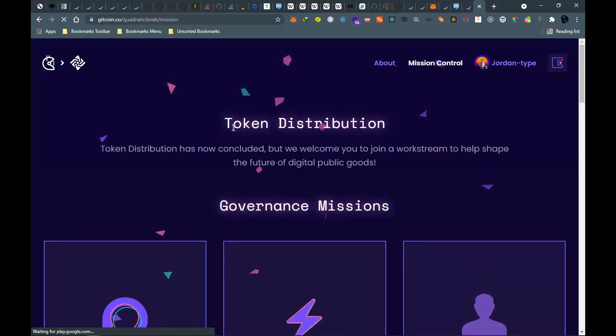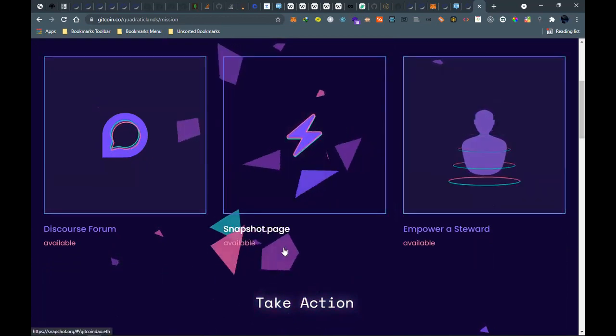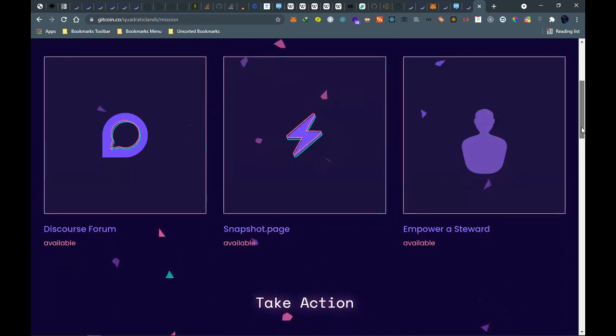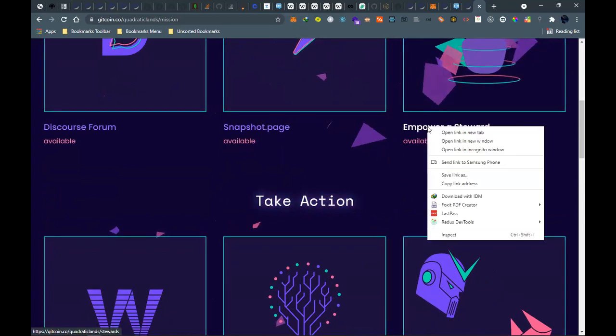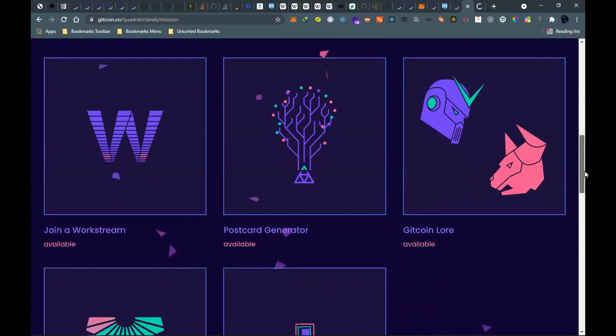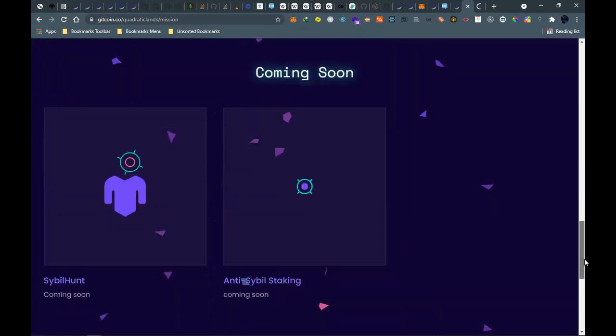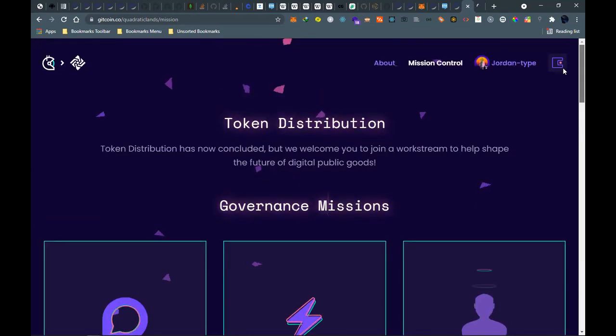So this token, it's token distribution, the way the token has been distributed, and some of them has been allocated to different governance. So we have for disclosure forums, different governorship. So we have this one for empower a steward. We have this other one for postcard generator. This is how they have distributed their token, and